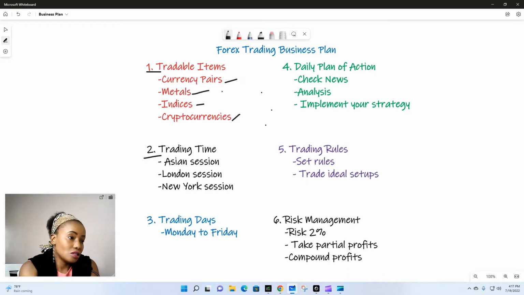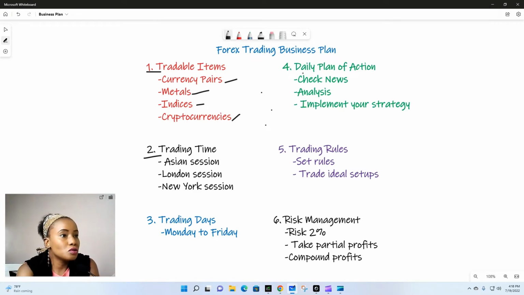Another issue is the trading days. It's important to know that the market opens Monday to Friday, 24 hours a day, like we said. So you can trade any day except holidays. Usually when there's a public holiday, there is no much activity in the market. So this is the time that you might decide to rest or stay off the market.